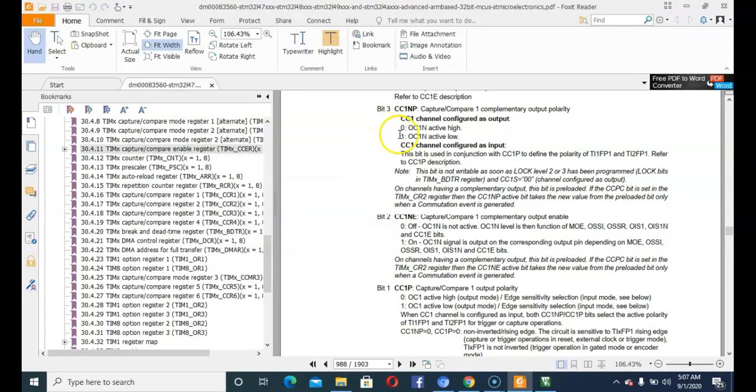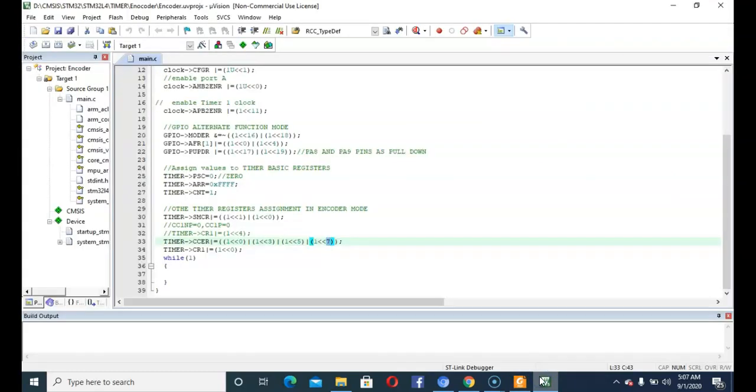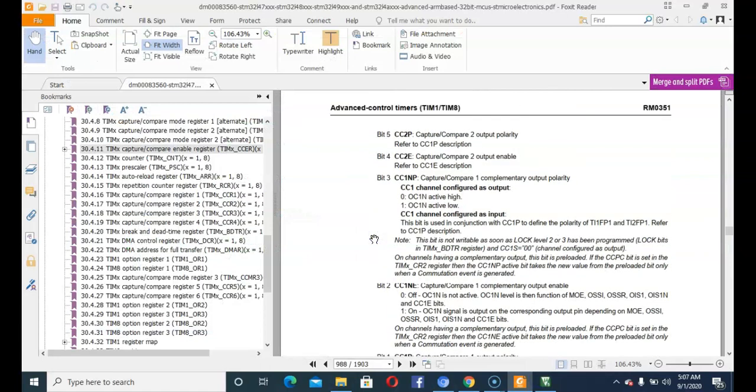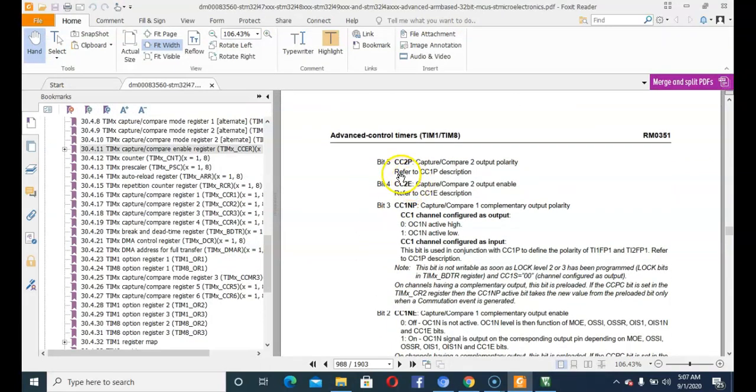So we are making the OC1N active low, and the other ones are the 5th and 7th. It is the same as the CC1P description.